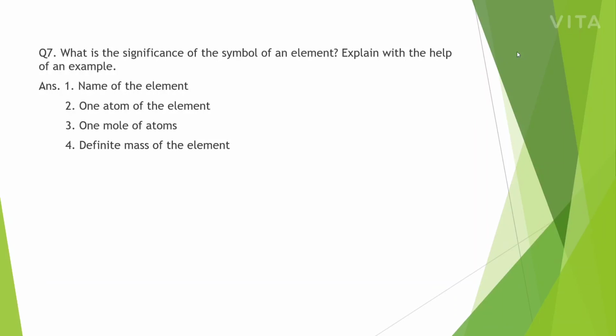Now, the symbol also represents 1 mole of atoms of that element. It means that the symbol also represents 6.022 into 10 to the power 23 atoms of that element. Now the symbol also represents a definite mass of the element, that is equal to the atomic mass expressed in grams. So these are the questions